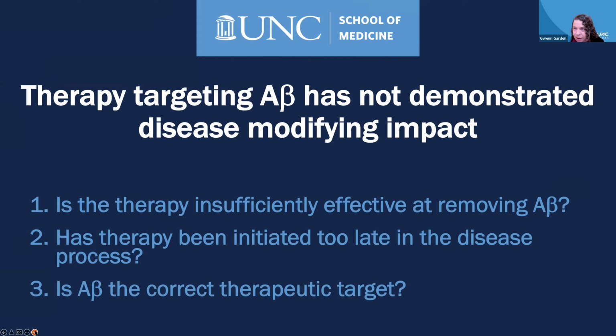But there's another idea that is gaining some, I guess, belief behind it, which is that potentially we are not focused on the right target, that A beta itself may not be amenable to targeting by pharmaceutical or immunotherapy agents, and that we should be thinking about other targets that are more tractable as things that could be intervened on either after A beta has already accumulated within the brain and patients are symptomatic, or even things that, if we could identify individuals earlier in the course of disease using these biomarkers, could have an impact on preventing the downstream complications from developing even while A beta is present in the brain.